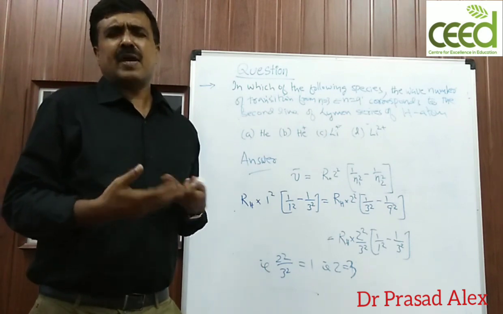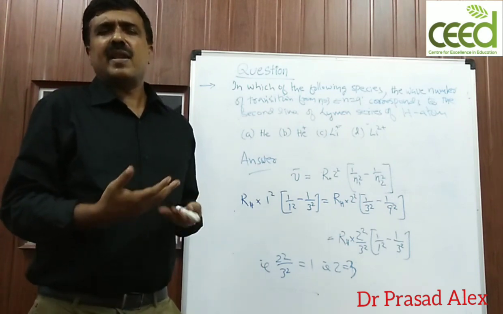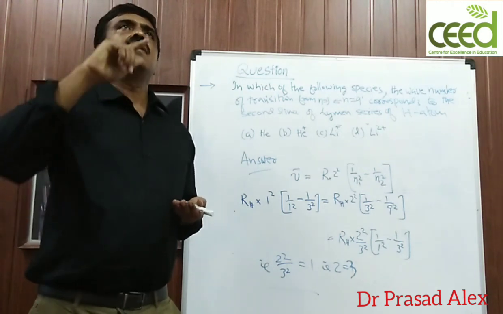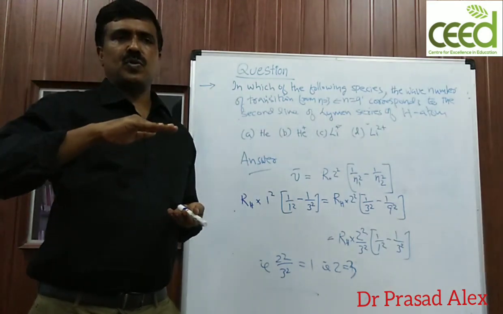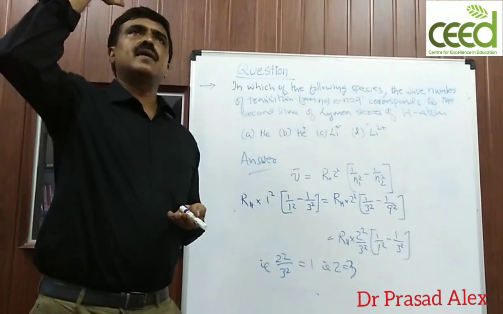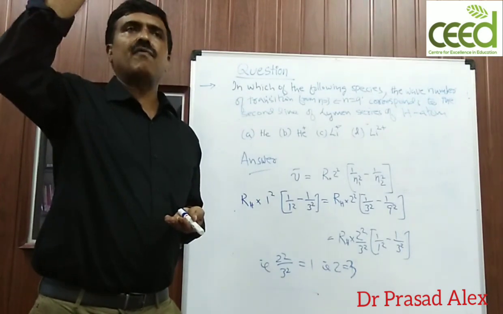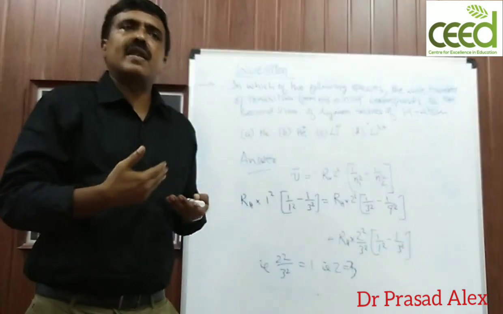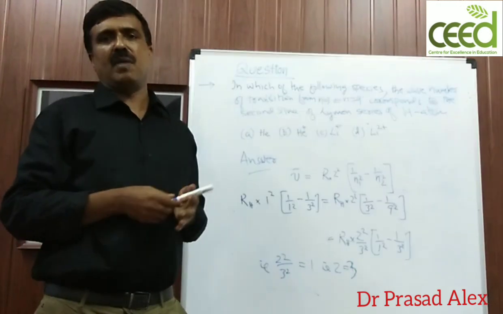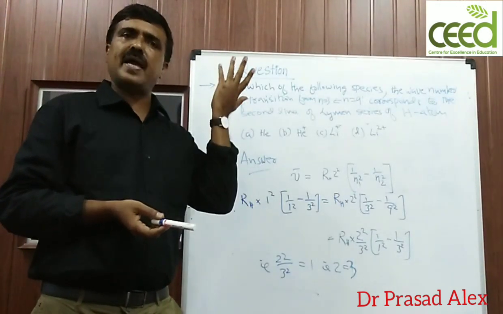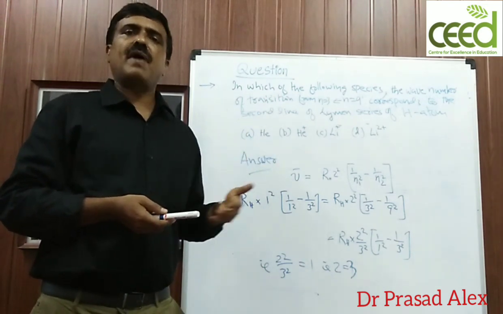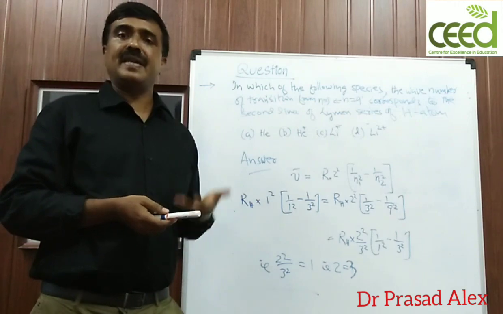So if in a question it is asked for the third line of the Balmer series, what we have to do is this: the first line of the Balmer series is the n equal to 3 to n equal to 2 transition. Second line means n equal to 4 to n equal to 2. Similarly, the third line of the Balmer series is n equal to 5 to n equals 2. In that way, we can find the quantum numbers of any transition given, and we can do the problem easily by simply multiplying by the atomic number. We can find the corresponding transitions in any of the one